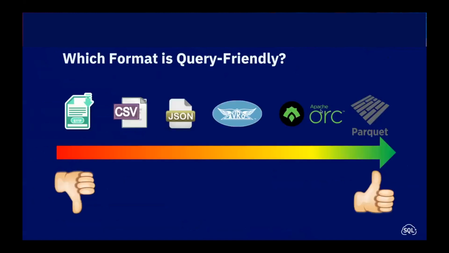Now, which formats? I already mentioned it. Format matters, and you can see on the left side, gzip is the worst one that we recommend. Then we have textual formats like CSV and JSON that we support, and they have a nice, well-known structure that we can go from, but not a lot of metadata. It's just text data, and we have to infer, for instance, the data types by looking at the values. This is costly, but it works.